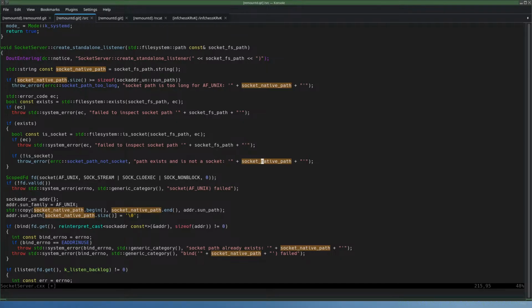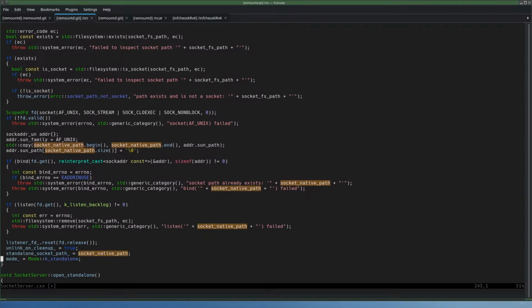Did it really? It's like, well, I'll use standard file system because Carlo said I had to, but then convert it back to native and work with it anyway. What the hell? Stupid thing. Lazy thing. And why is this not a file system path? It's a path, damn it. Don't use that as strings.